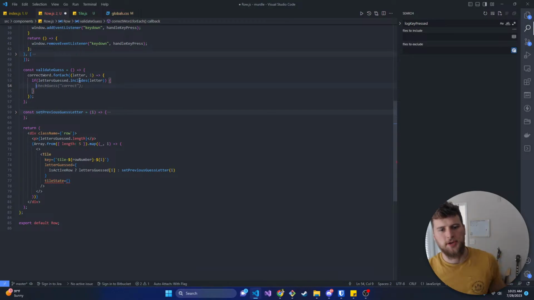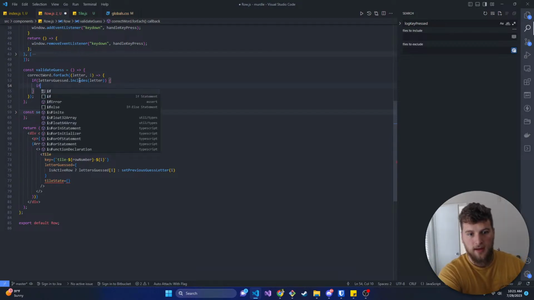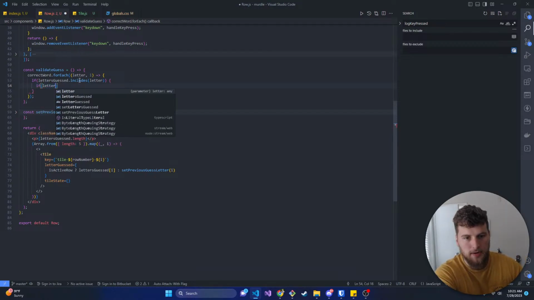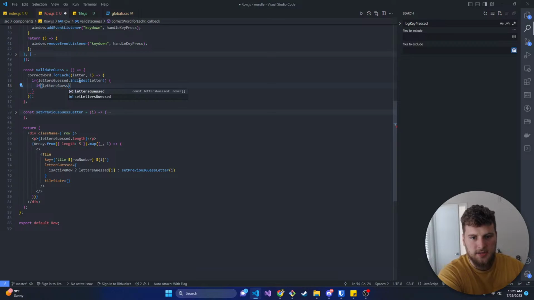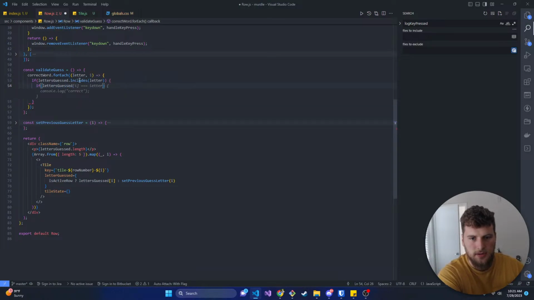No, then we want to check if it's in the correct position, right? So if letters guess includes the letter, then we know it's in there, so it's at least partially correct. Now we need to say if letters guessed